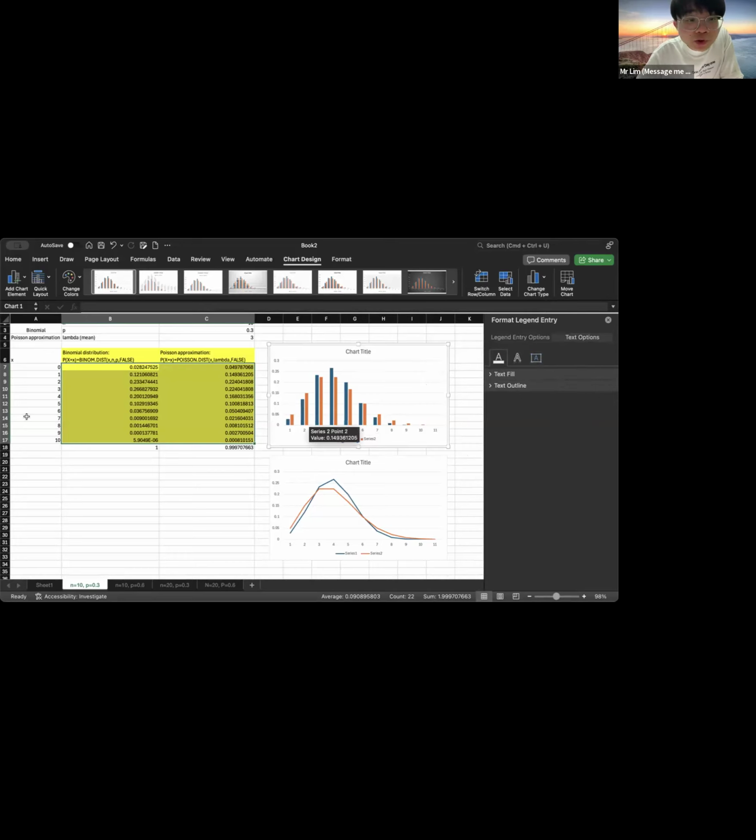Which one is the binomial? Which one is the Poisson approximation? Which one do you think? You just compare the first value, then you know, right? I think this one should be the value you see here. If you move your mouse to this column, this bar, it will show you Series 1. The value is 0.028 something, which means the binomial one. So later you can change your Series 1 to binomial. For now